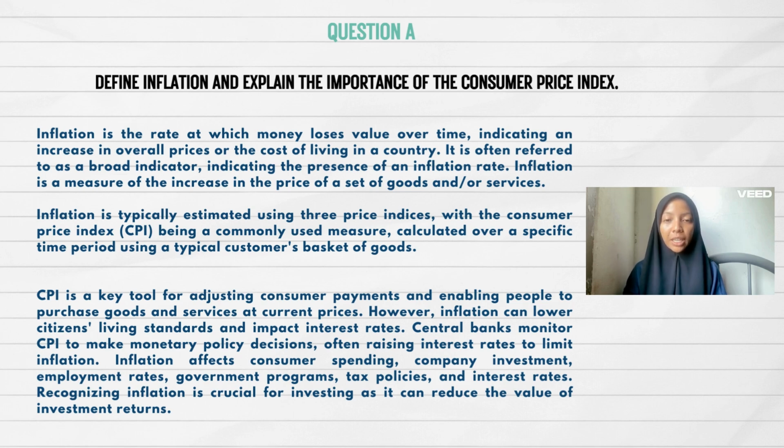So we know inflation has three types. Inflation is typically estimated using three price indexes, with the consumer price index, CPI, being a commonly used measure, calculated over a specific time period using a typical customer's basket of goods. So, CPI is a key tool for adjusting consumer payments and enabling people to purchase goods and services at current